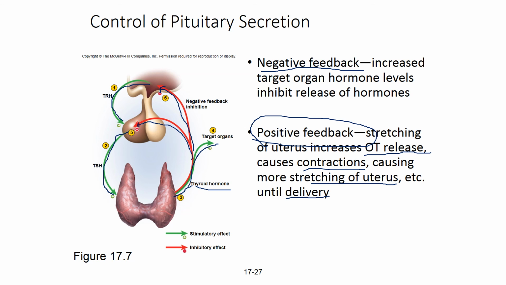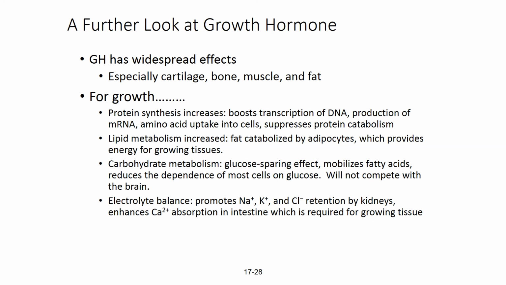So, different ways of secretion. When we look further at growth hormone, there are a couple other things to talk about. Growth hormone has a widespread effect on cartilage, bone, muscle, and fat. And this is very important. I want you guys to remember this, because we're going to talk way more about this in the next recording too,